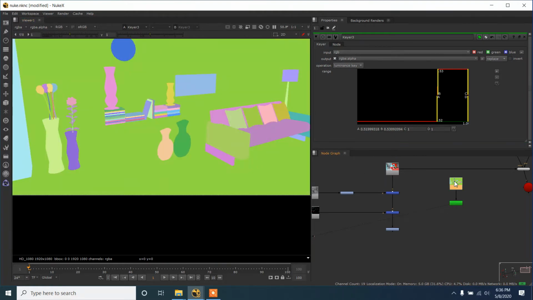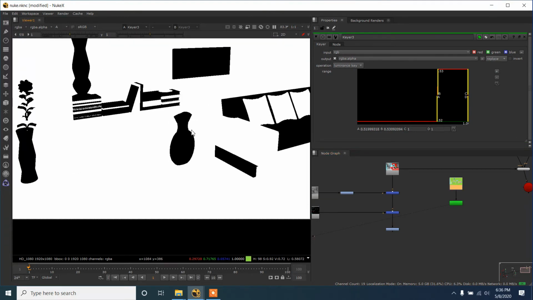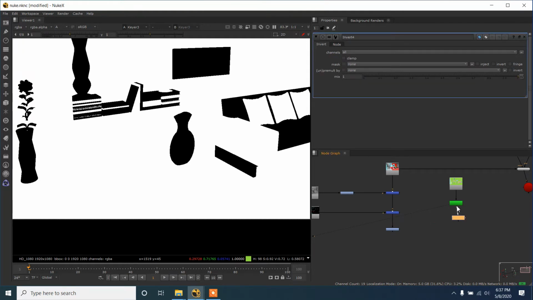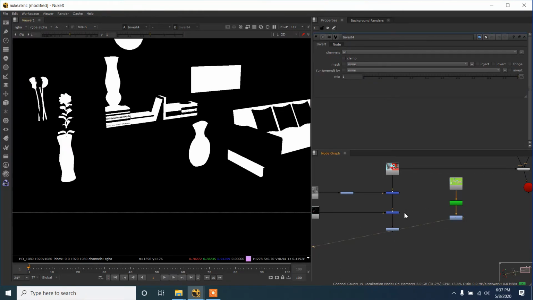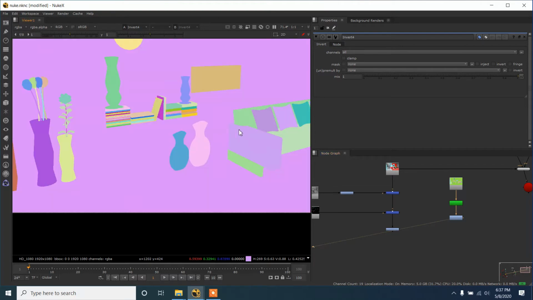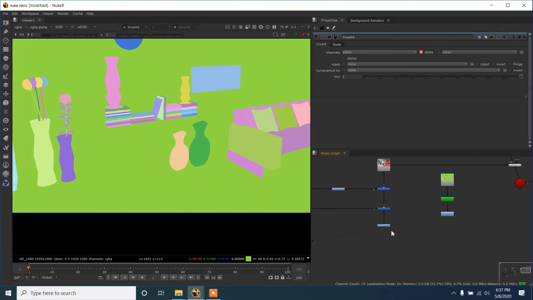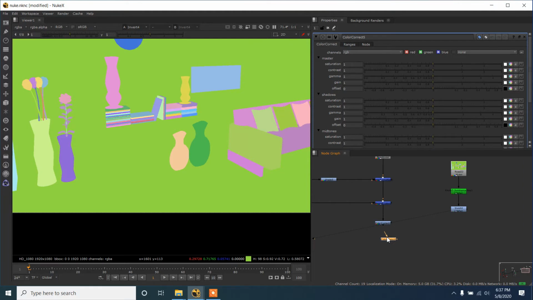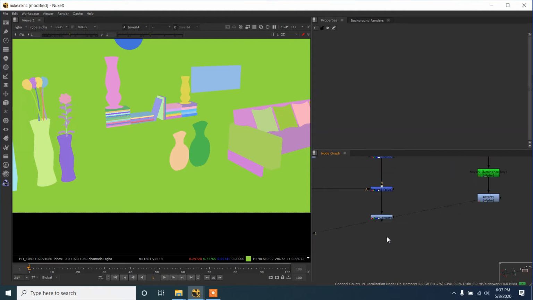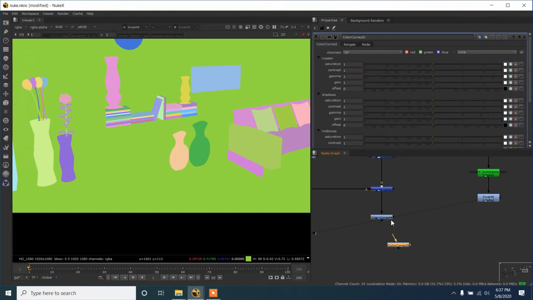And I want this to be in alpha, not that. So I want to invert this. Invert this, and I did this, and I think we have also changed the color, because we shouldn't have to do all this. We have to do just a channel, and color. I want to have a color here. Color correct,